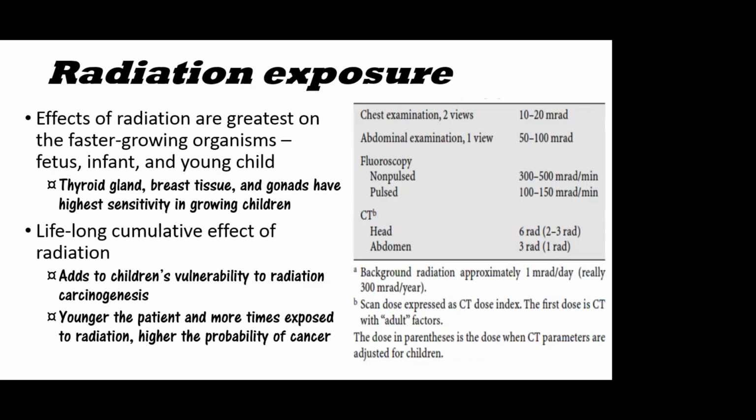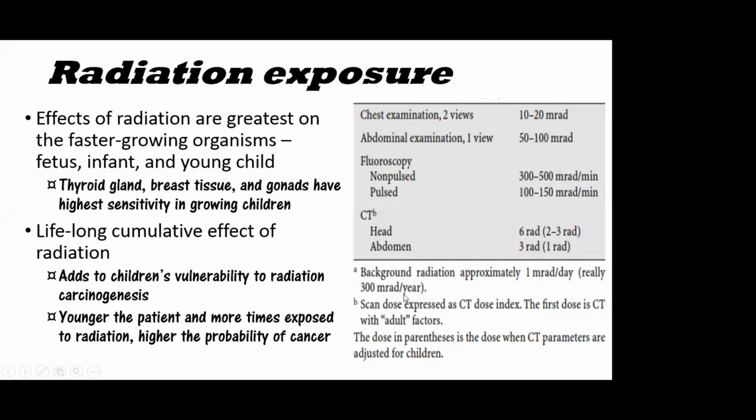So we never know that whatever radiation we have given to a newborn in the neonatal period may lead to their vulnerability to develop cancer later on in their life. The younger the patient, the more time they are exposed to radiation, and the higher the probability. Okay, what's the linear equation? What are the numbers needed for it? Nobody knows. If we see that the background radiation was approximately 1 millirad per day,